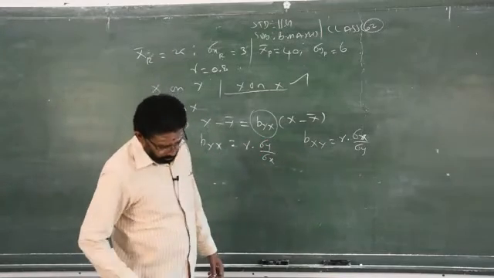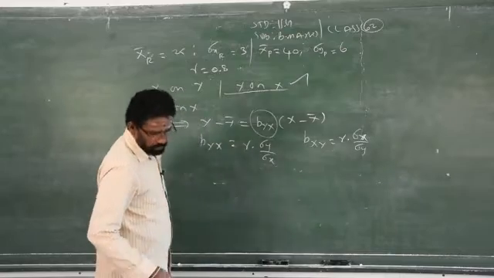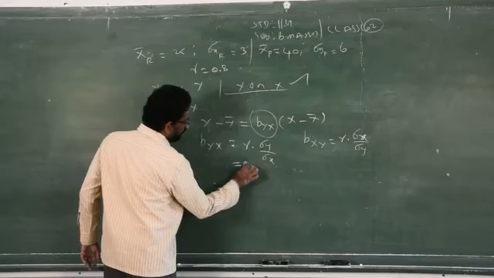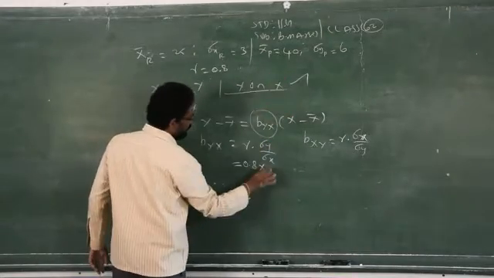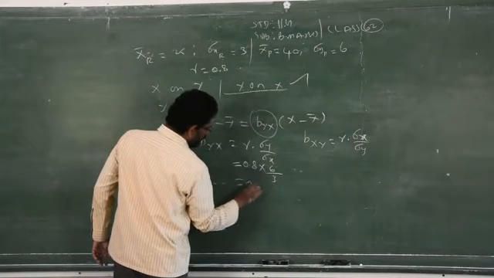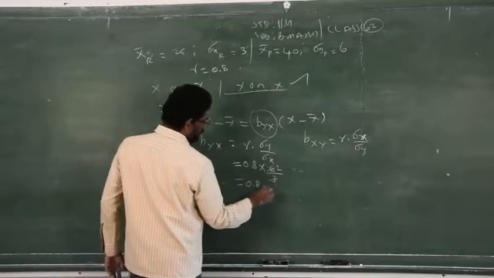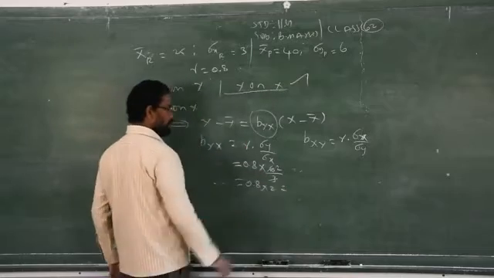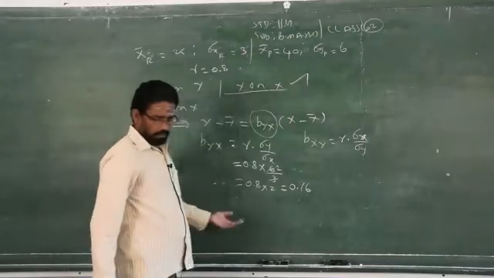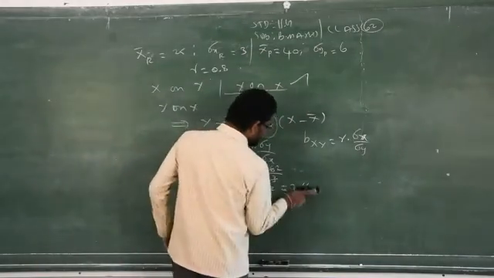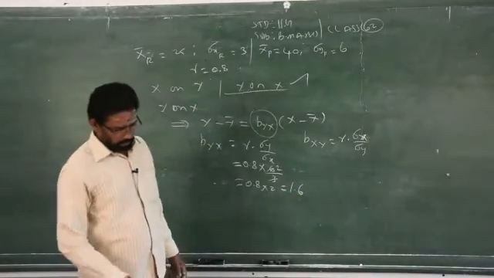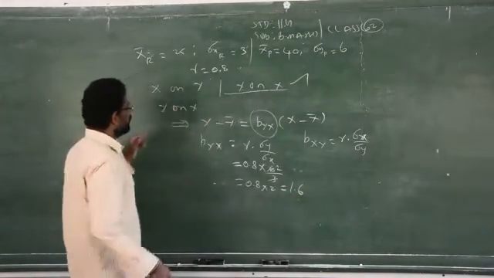Just you have to substitute all this information in this given format, and you will get 0.8 into what is your sigma y? 6, by what is the sigma x? 3. Just you have to simplify. Use a calculator, please don't do manual work. Here I am doing it, but you have to do it with a calculator. 0.16 or 1.6? 1.6. 2 8s are 16, that is 1.6. Now you have to substitute all the information in the question.